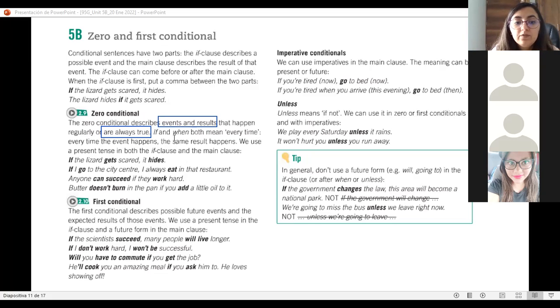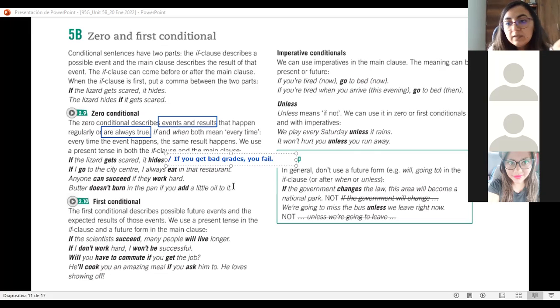The same happens, for example, let me write another example right here. If you get bad grades, you fail.